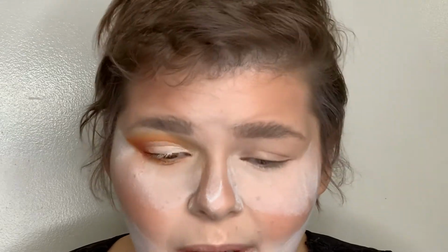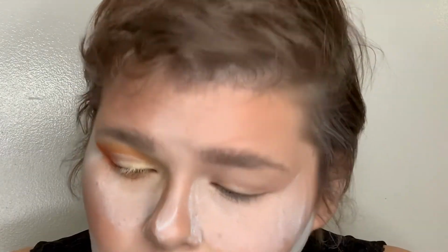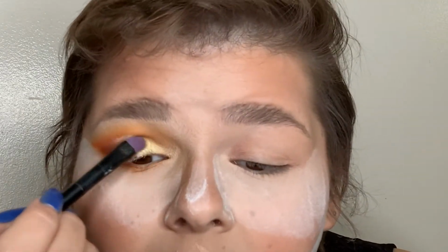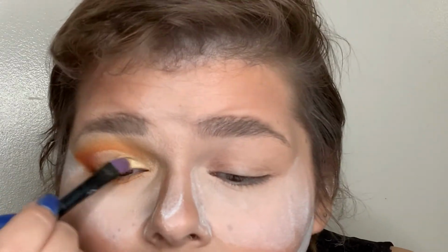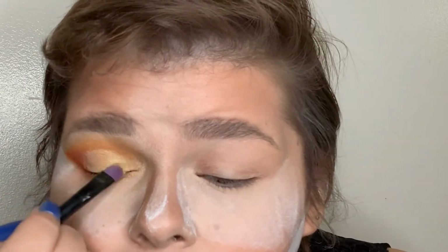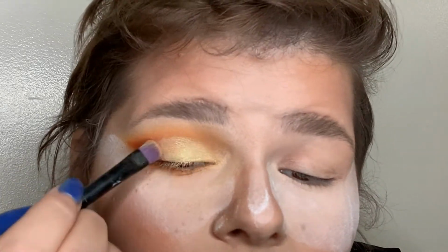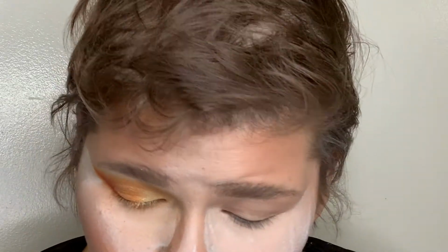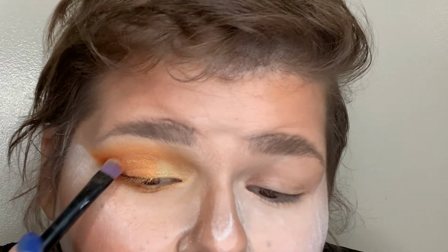So her picture looks like it could either be a traditional gold or a yellow gold. I'm going in with a yellow gold. I was looking at swatches, specifically the Colourpop new orange palette, and there is a golden in there, like a gold tone. So you could probably use that, or you could use a more traditional, like metallic gold. I feel like a lot of people are gonna have that little honey palette in their arsenal now as well, so you could pull in one of those shimmers. This video is not necessarily just for the new Colourpop palette, but you know, I'm trying to enjoy the bandwagon